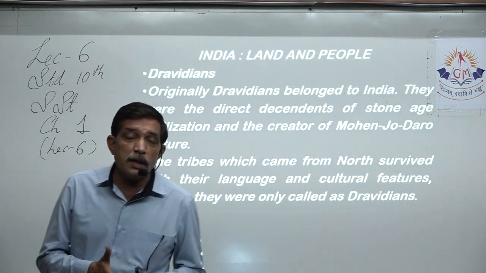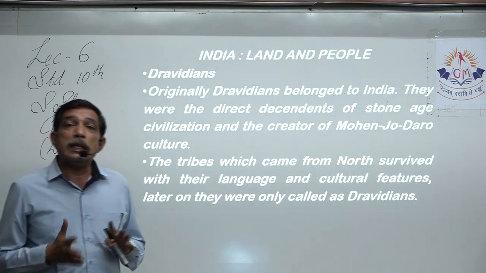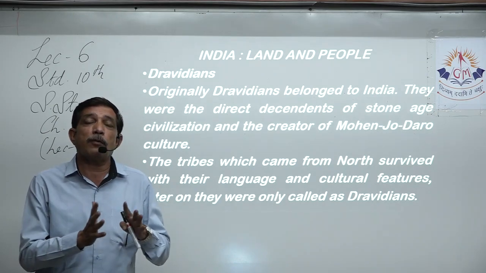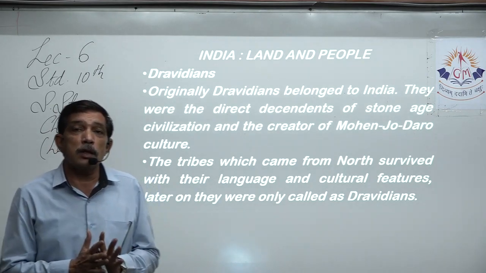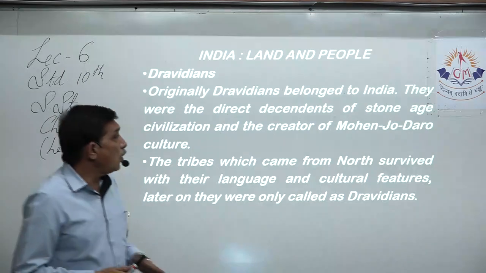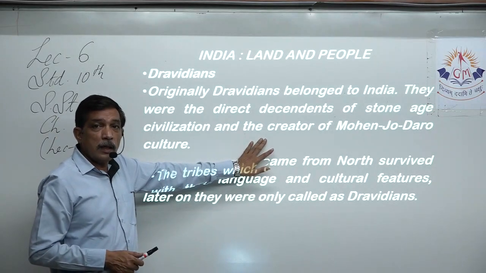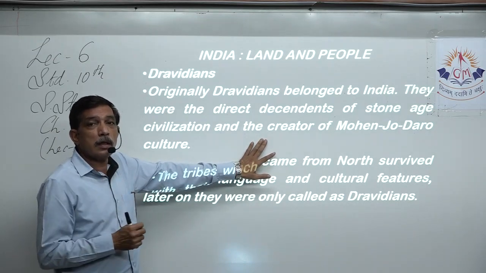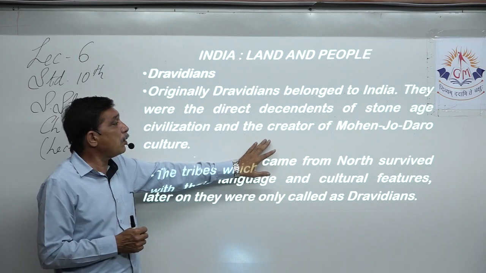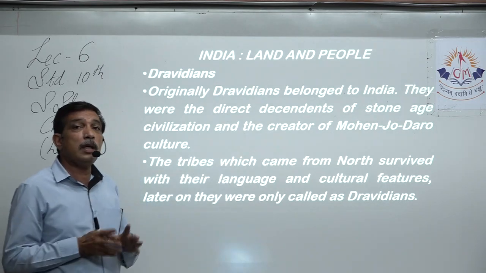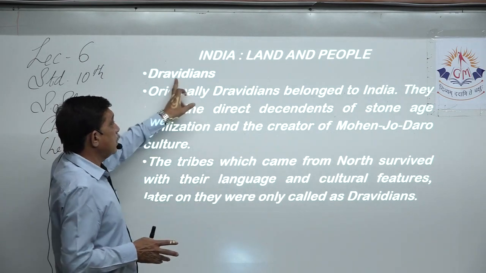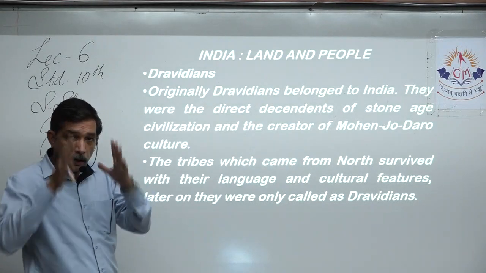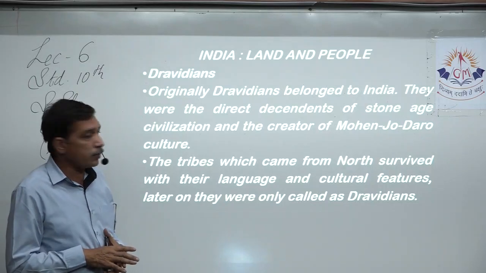Mohenjo-Daro is one of the remains that we found that belong to the Indus Valley civilization, and the approximate time of existence is at least 5,000 years ago, right? So when we discovered Mohenjo-Daro, excavated that site, and found its remains, the people living over there were the Dravidians, who were the descendants of the Stone Age, right from that age to the Indus Valley civilization.